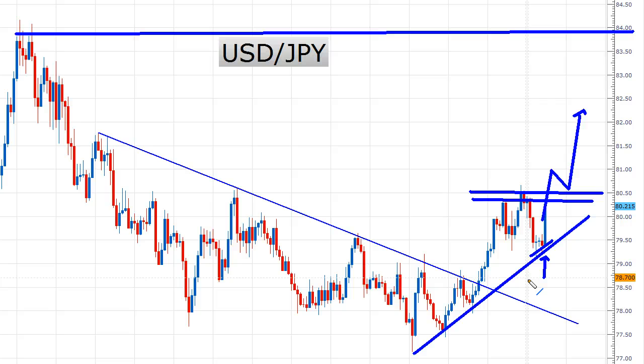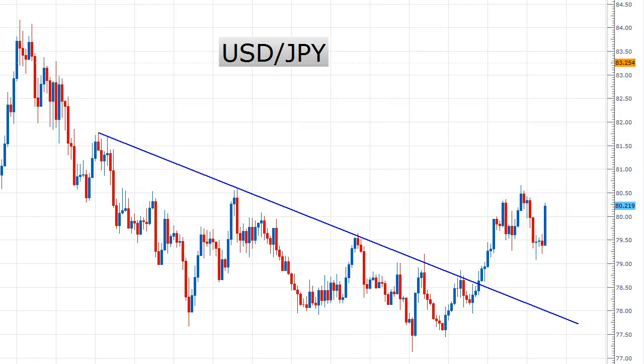Okay, so just keep in mind to pay attention to that US dollar. If that US dollar continues to be very strong, obviously that euro dollar will most likely fall, as we talked about earlier, and then that would play an effect on USD yen, as it would probably continue to rise unless for some reason the yen gains even more strength than the dollar. Then you would expect that USD yen to pick up steam and continue to move upward. Okay, so that's what to note on the USD yen. I don't think it's ready quite yet, but it's starting to gain some momentum, perhaps to break through the top again above 80.5. And if it does, I'll certainly be interested in taking some long entries on the way up.